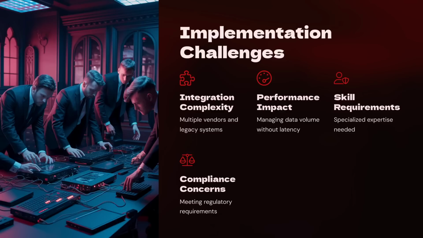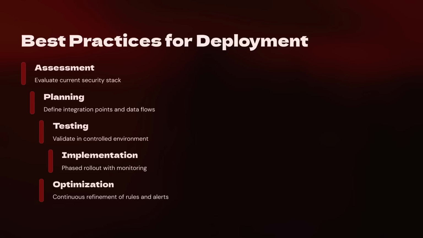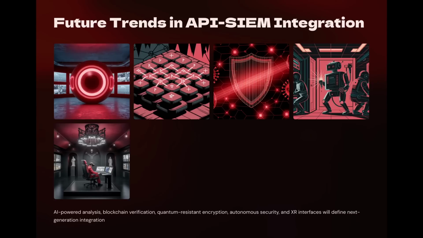As organizations embrace multi-cloud environments, API-driven SIEM integration has become increasingly crucial. It allows for consistent security monitoring and management across diverse cloud platforms, simplifying the complexities of securing distributed infrastructures. While proprietary SIEM solutions are standard in enterprise environments, open source SIEM tools are gaining traction. These tools can be integrated into SASE architectures through APIs, offering cost-effective alternatives for organizations seeking to enhance their security